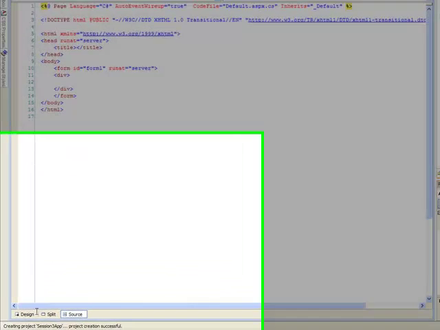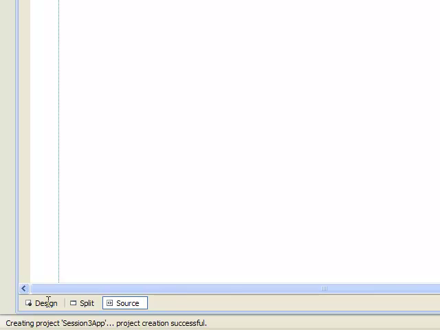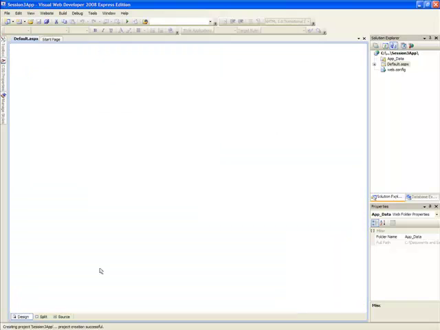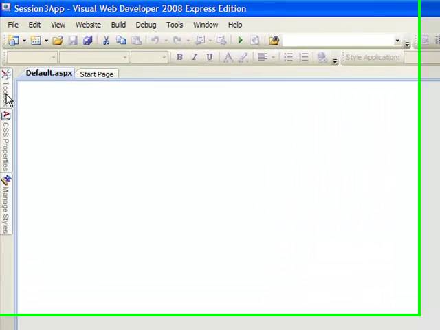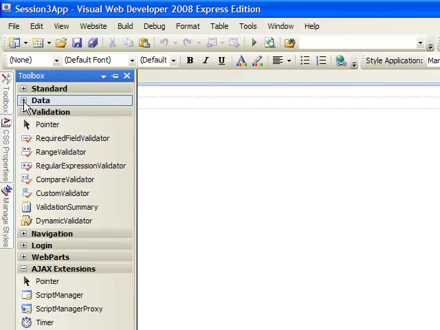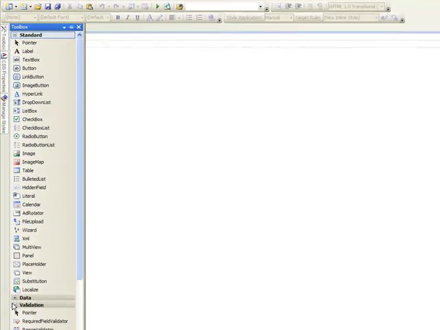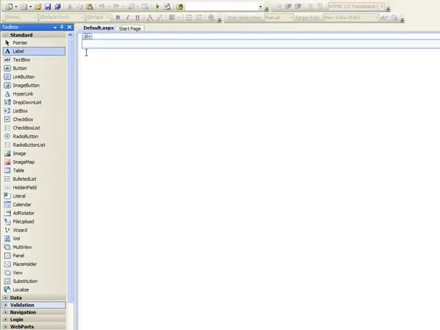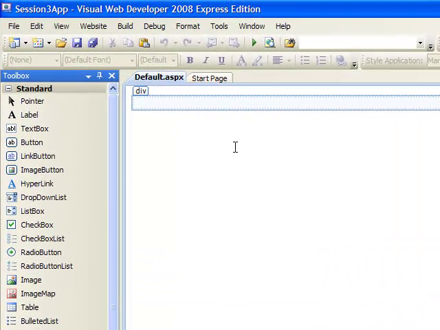Okay, so here's our default page, and we can just go ahead and go to Design View. In our planning of this project, we might refer to some flowchart or pseudocode, but we can easily just plan right here on the screen and decide what to do. Okay, so let's go ahead and pull up the standard toolbox